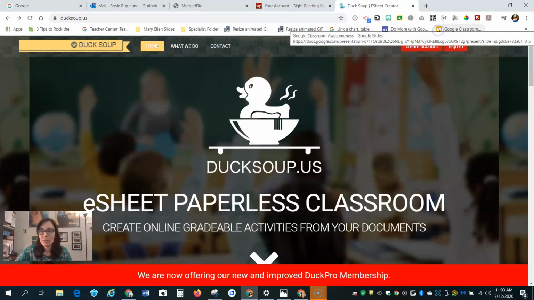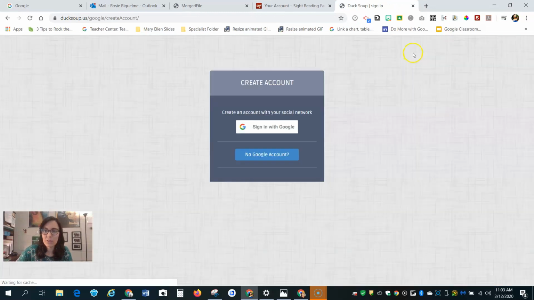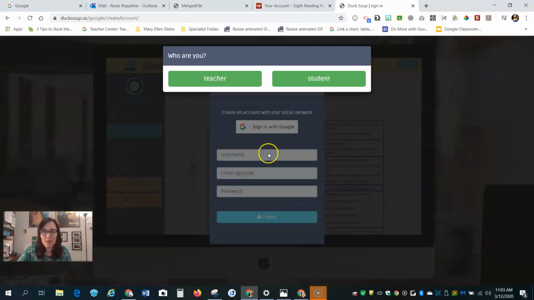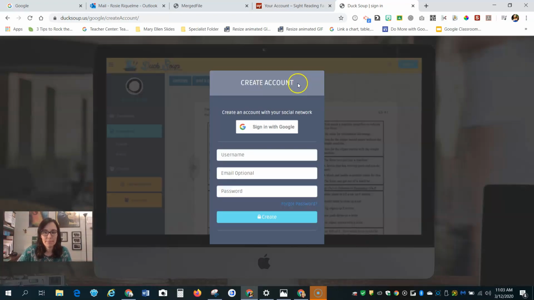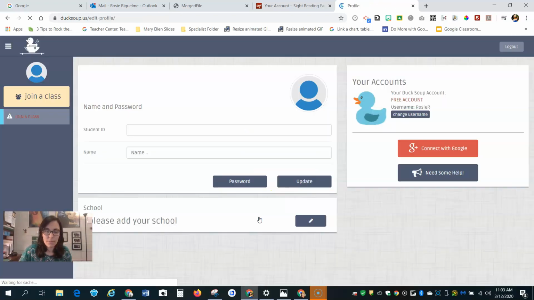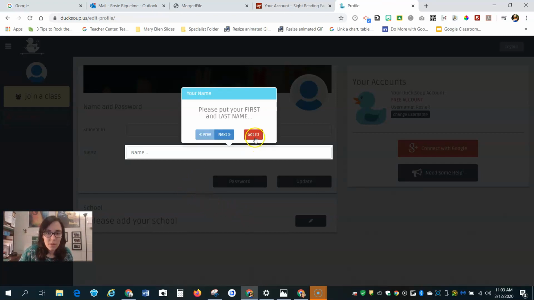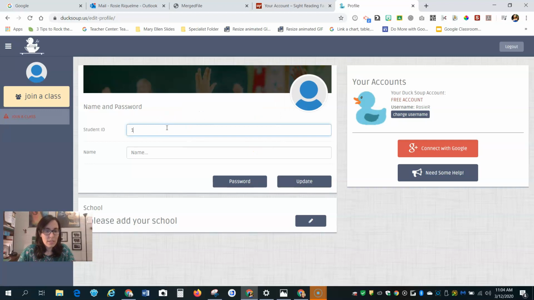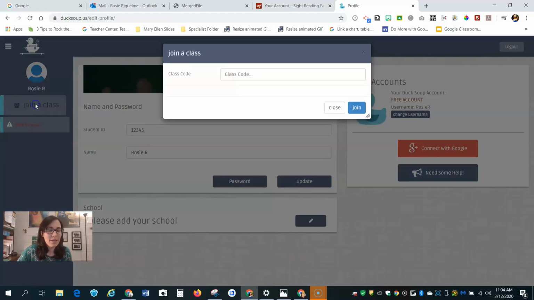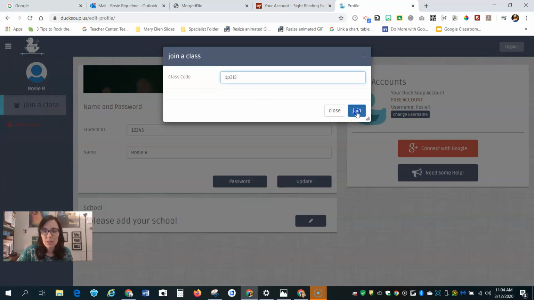Here, I'm using a different account. If I were a student logging in for the first time, I'm going to say no Google account because this email is already associated with my teacher account. I'll say student. Username, I'll just type Rosie R and create a password. Student ID, you don't have to enter that, but they do need to enter their names. Join a class. So I just copy pasted the code, join,